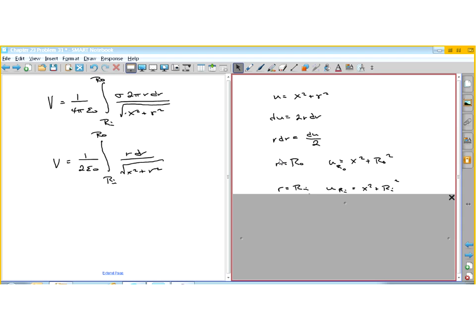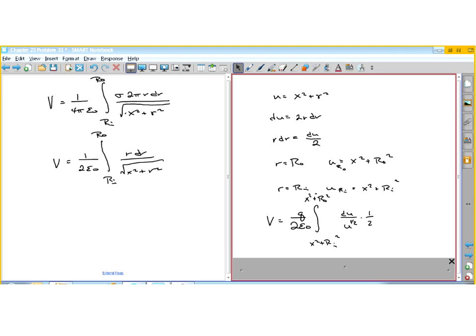So when the radius is the outside radius, which is the upper limit, u is going to be equal to x squared plus capital R sub O squared. Likewise, when we integrate from the lower limit, in terms of r it was r sub I, but in terms of u it is going to be x squared plus r sub I squared. So our new integral is, we could factor out the